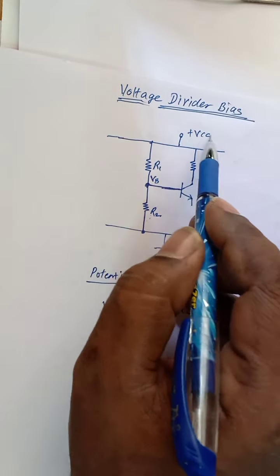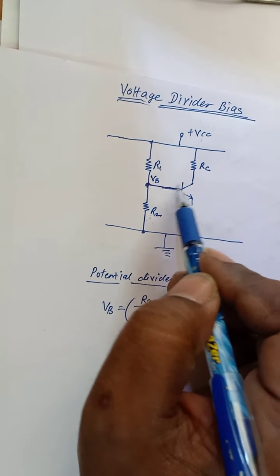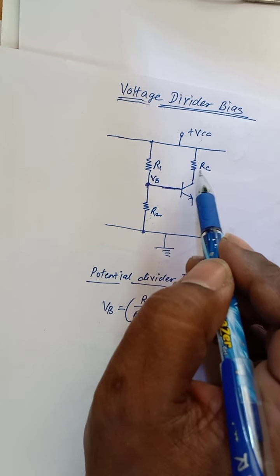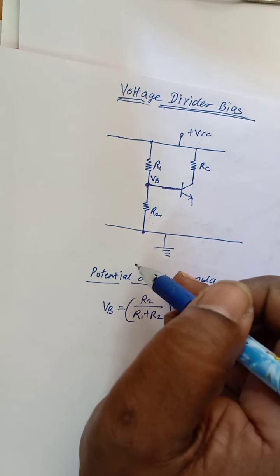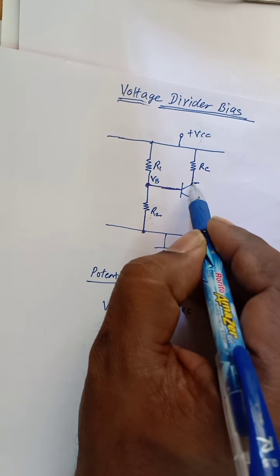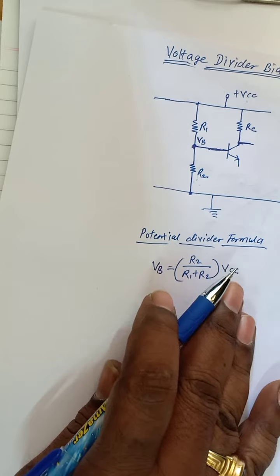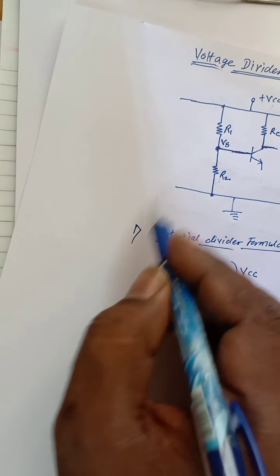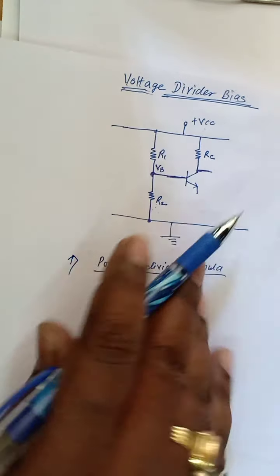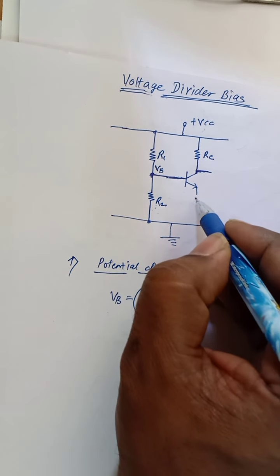As you apply VCC, you have to adjust the resistance value RC so that the base to collector junction becomes reverse biased, and this collector resistor provides a load to the transistor. That means it is responsible for developing the voltage at the collector, so it is called a load voltage. So first, R1 and R2 are the potential divider bias, which bias the base. RC provides the load and develops the voltage at the collector.